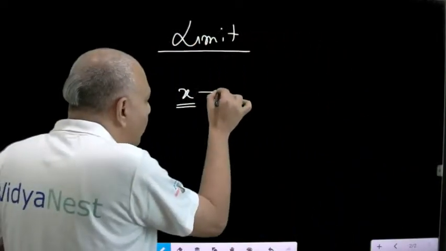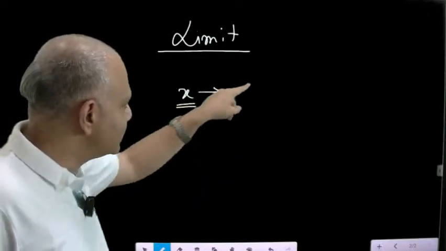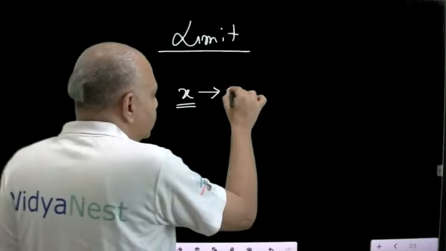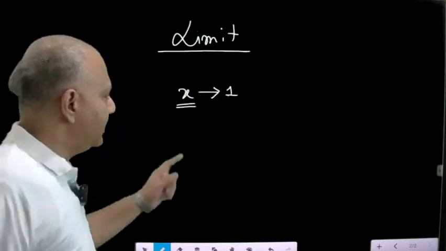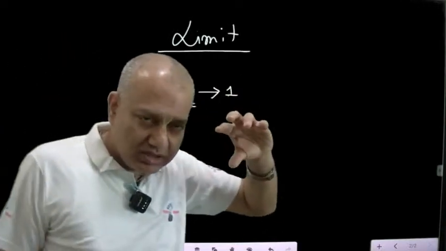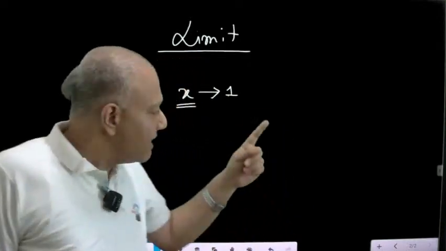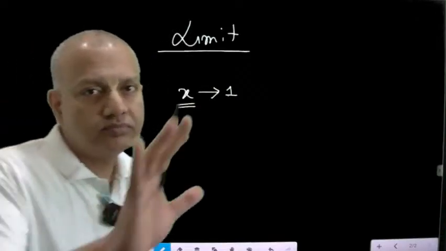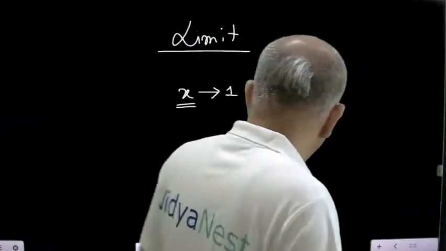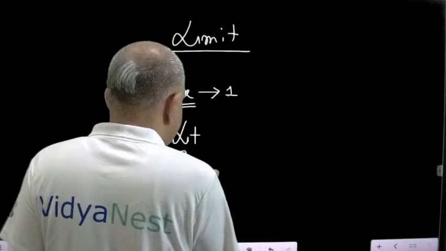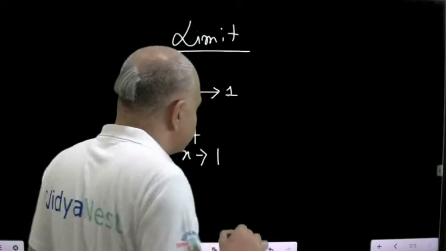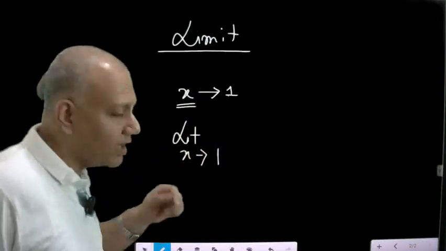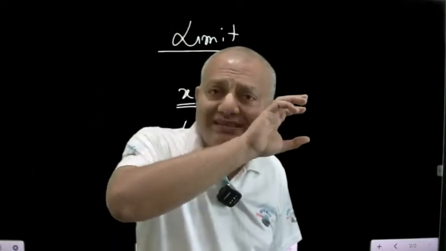but if I'm going to give this symbol, limit x tending to 1, it is a symbol of a limit. The value of the x, when x is taking values that are extremely nearer to 1. Limit x tending to 1 means, LT, this is a limit, this means x tending to 1, means value of the x is extremely nearer to 1,